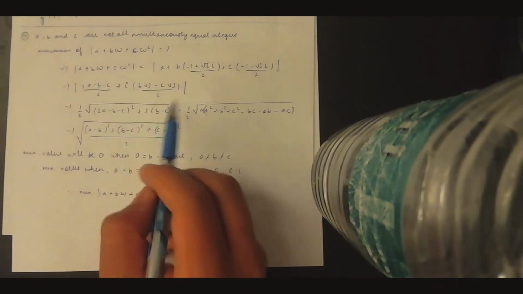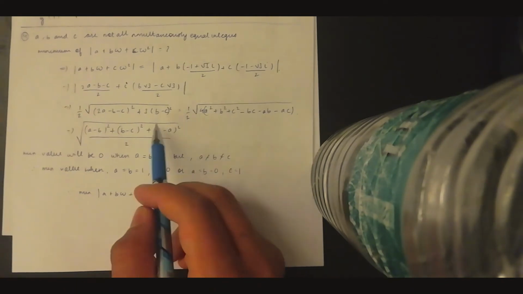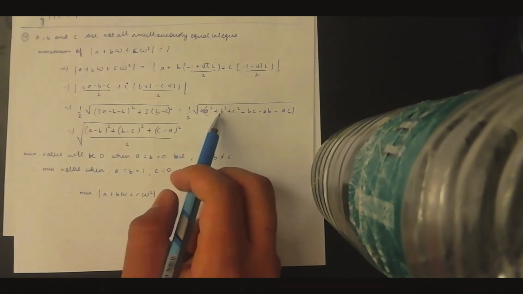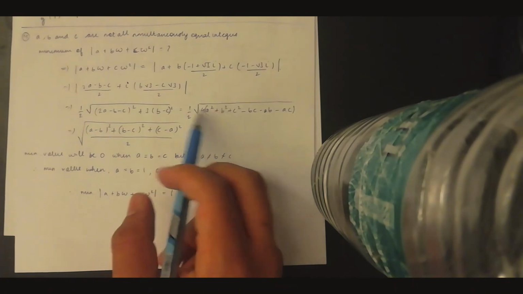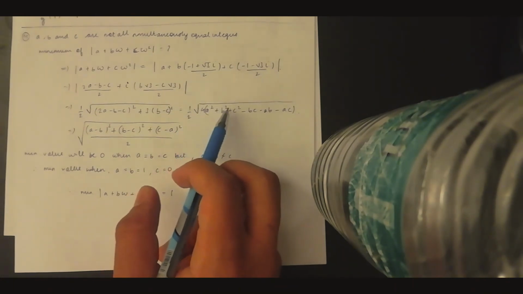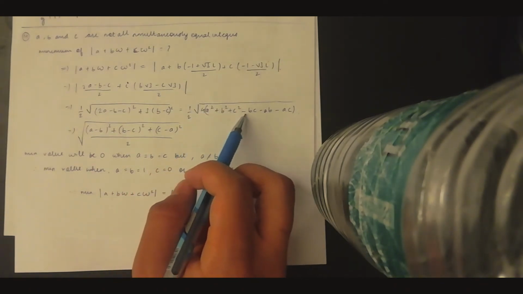Okay, we expand this to get this, and this can be simplified to this form. Now this form is very important, and it's an easy simplification. 4a square, you take 2a square, 2a square, 1 2a square goes with 1 2b square, 1 2a square goes with another 2c square, so 2a square plus 2b square, and